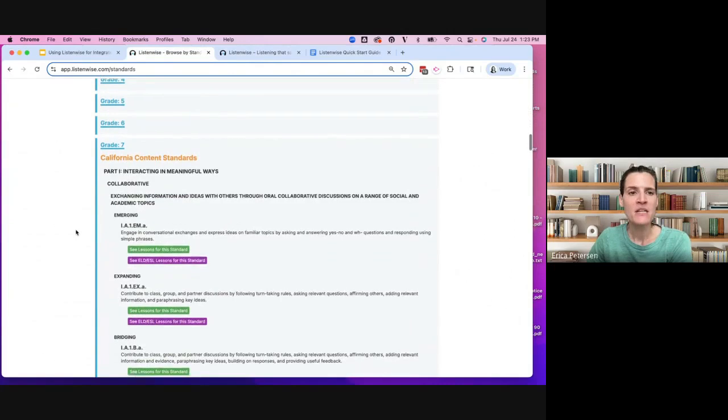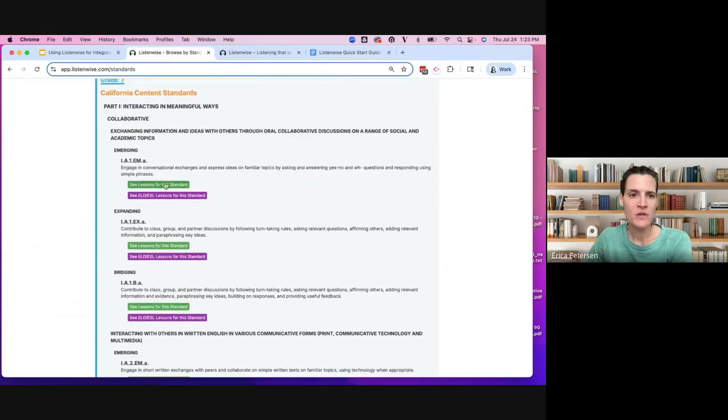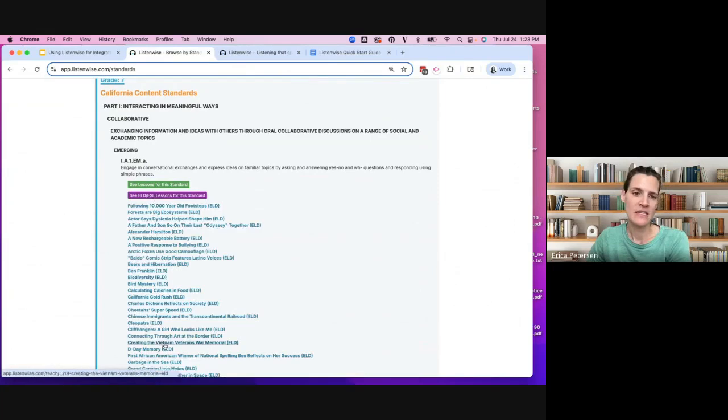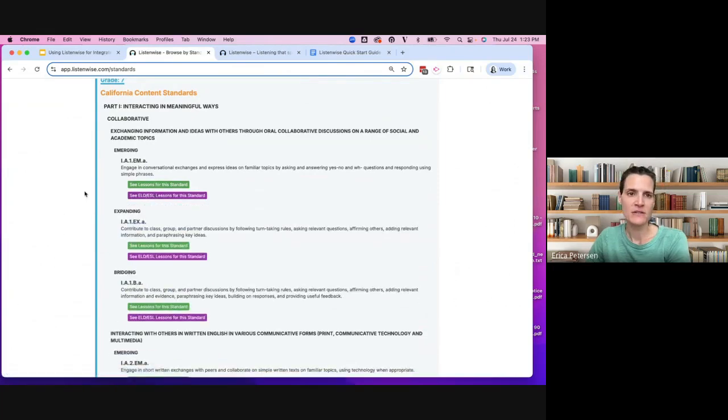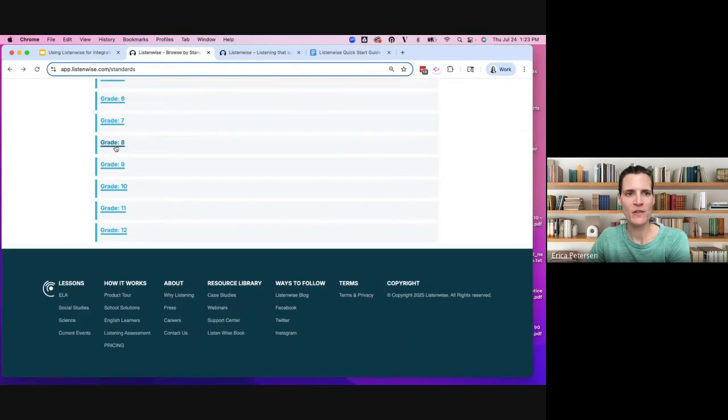Very good. Okay. So you can see for this particular standard for emerging ELs, you can open up these lessons, or these ELD lessons, that will help meet that standard. We just have the 2 sections. And then you would just click into it and it brings you to the lesson. But you can't search and explore within here. It's just a list. Okay.